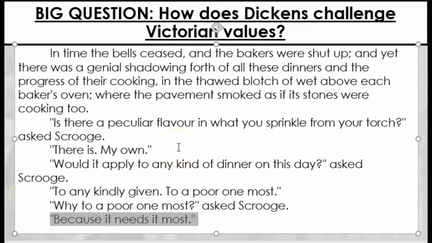So we're getting now the moral message here, the idea that those most in need are the ones who should be given the most support. This is very much the moral of the story, this idea that the rich need to do more to help the poor, and the rich need to recognize that the poor are the most worthy of that support. They shouldn't be cast out to workhouses or treated with disdain and disrespect. Far from it. They should be helped by those who are able to help.